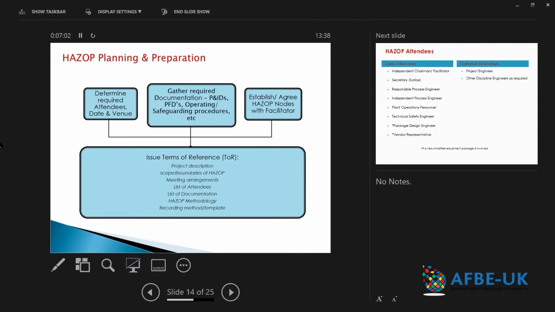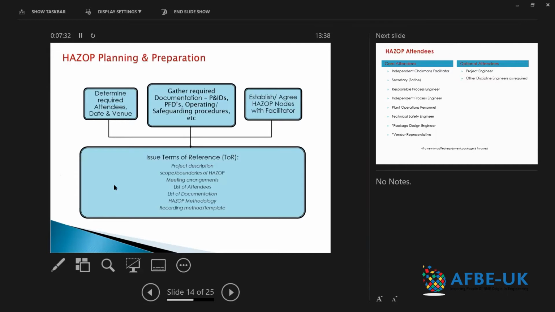All of that is then used to prepare the terms of reference for the HAZOP, which you should really always have for every HAZOP. Have that issued to the attendees prior to the HAZOP, so they come in knowing what to expect. So that terms of reference would contain things like, obviously, your project description, the scope and the boundaries of the HAZOP, the meeting arrangements, where are you meeting, for how long,